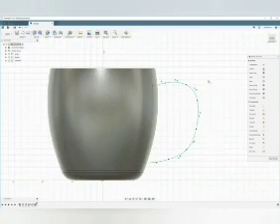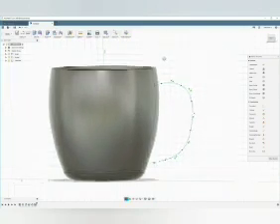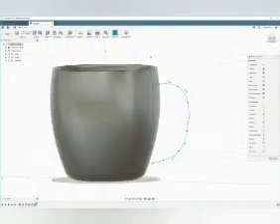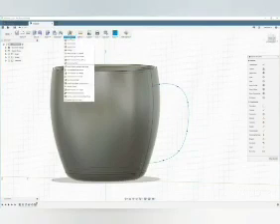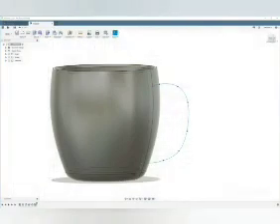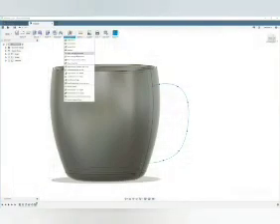Okay, now finish the sketch command. Then I choose stop sketch and I choose the plane tangent to the plane.